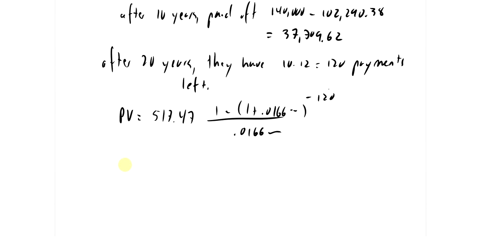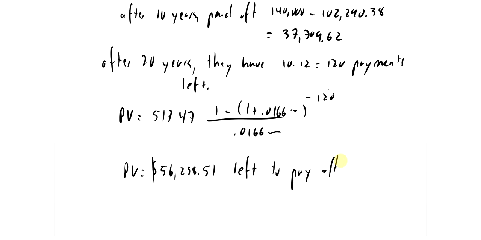So after 20 years, they have 56,238.51 left to pay off. So after 2/3 of the time, they have a little more than a third left to pay off, and then they will own their house free and clear. Okay, so